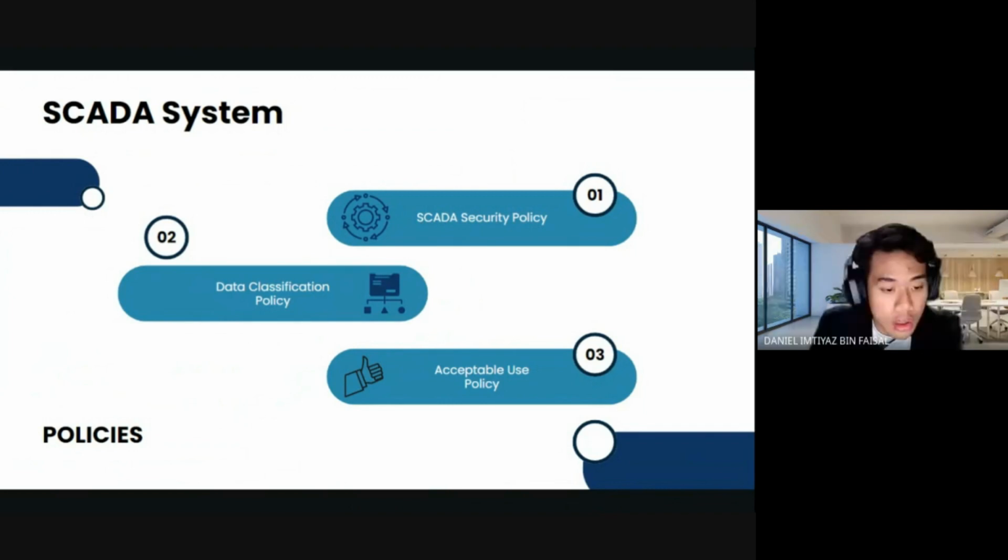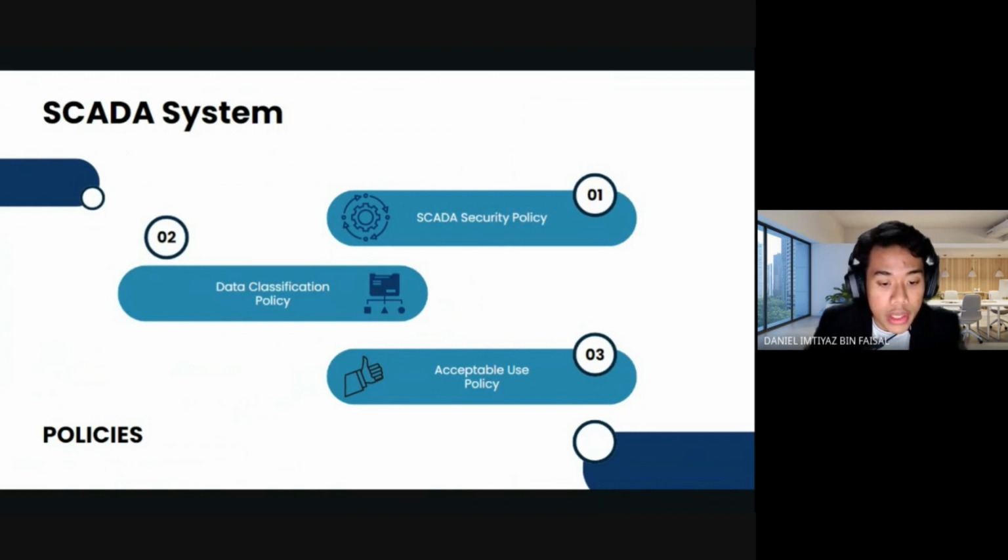Okay. For acceptable use policy (AUP), it sets forth the guidelines and rules for the appropriate and responsible use of SCADA system. It defines what actions and behaviors are considered acceptable and unacceptable when accessing and interacting with the SCADA infrastructure.